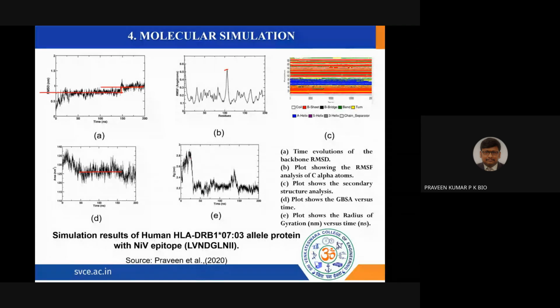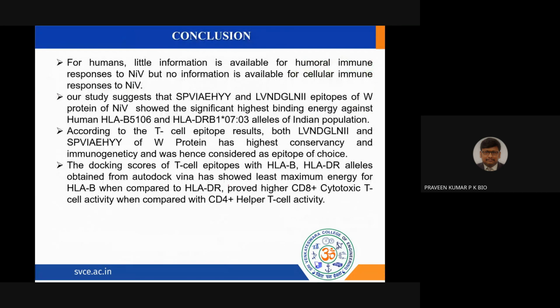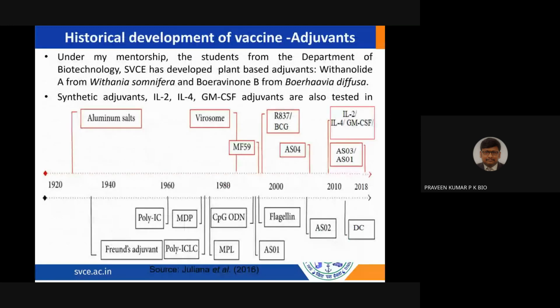You find initially a kind of non-stable, but after some time, you can find stability. The stability extended up to 125 nanoseconds. Again, you can find unstable and you can find something. So how much stable also we can put the moment of inertia, is described in radius of variation. So obviously, I can tell that whatever score generated, I can tell even it's docked well and showing a kind